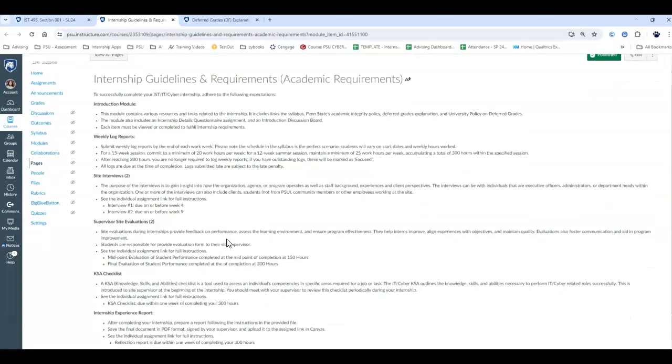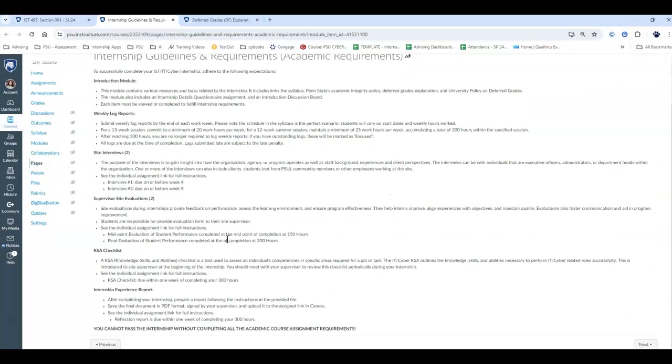You will have 2 supervisor site evaluations, all right? And the first evaluation is going to be at when you have completed 150 hours, and the second one will be completed at the end when you have successfully completed 300 hours. Both of these evaluations are completed by your site supervisor. You are responsible as the student to provide them with the form that they are to complete, the evaluation form, and that is contained in the assignment link instructions. So in order to locate those,